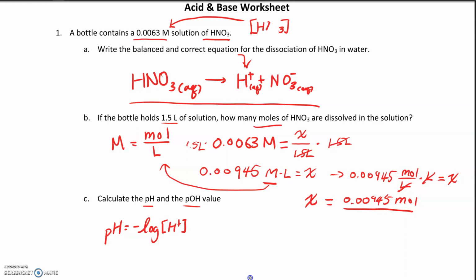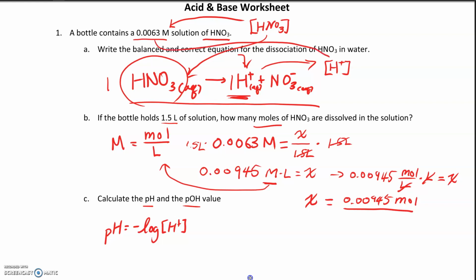So we're going to erase that a bit and fix it a little bit. All right, now that means this is the concentration of the acid itself, but we need the concentration of the hydrogen ion. Well, how do we know that? Well, if you look over here, our nitric acid, it is a 1 mole to 1 mole ratio for our hydrogen ion, which means that the concentration of the nitric acid is equivalent to that of the hydrogen ion. So we can safely conclude that our hydrogen ion concentration is also